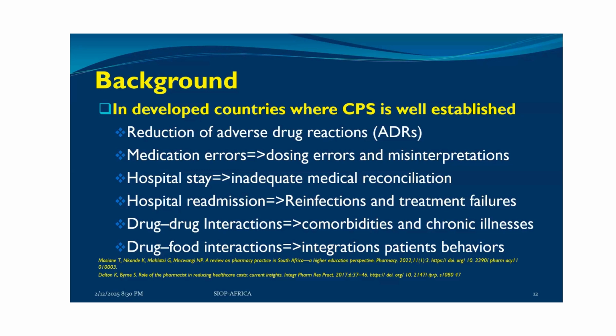Drug-drug interactions are normally more prominent in comorbid diseases, like when someone has a chronic disease, even in pediatric cases. The kid can have cancer, but also infections and other related diseases. For more diseases, I'm sure a lot of medication will be prescribed. Those can trigger drug-drug interactions and so forth. And also we have drug-food interactions, and the pharmacists, who have the knowledge of medicines and are the custodians of